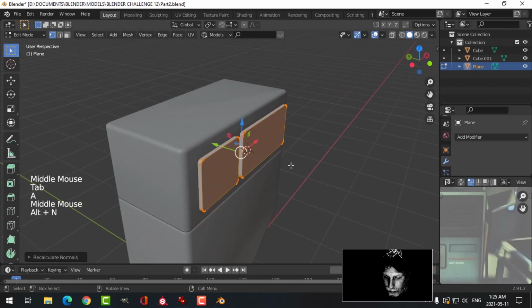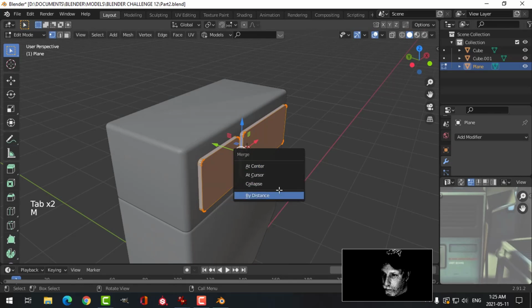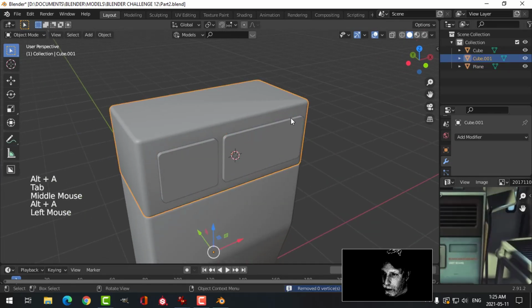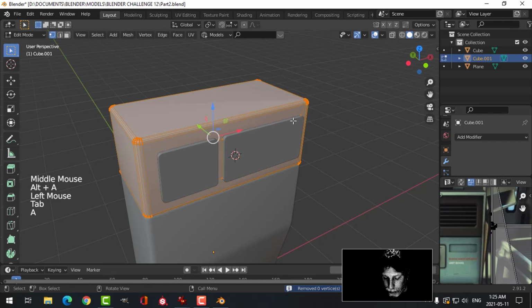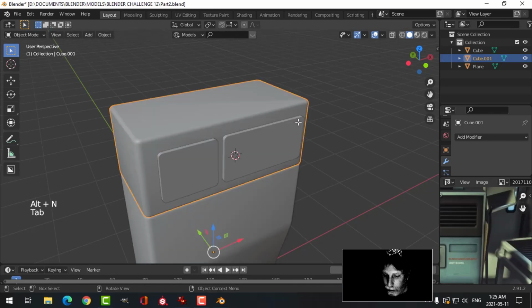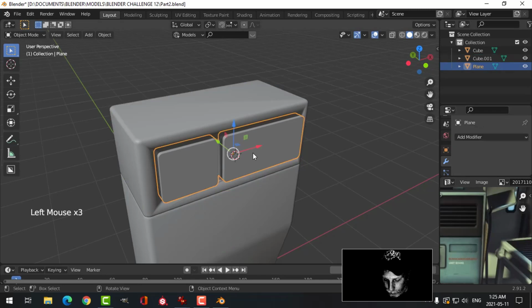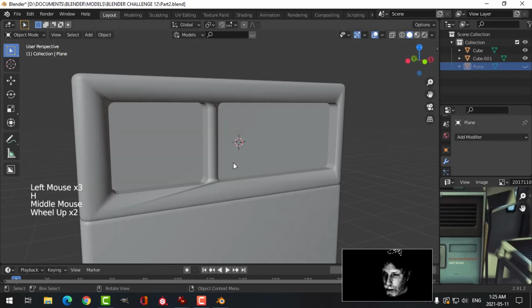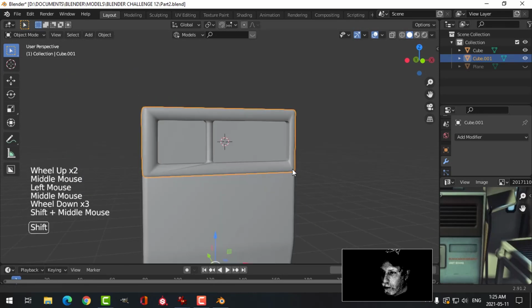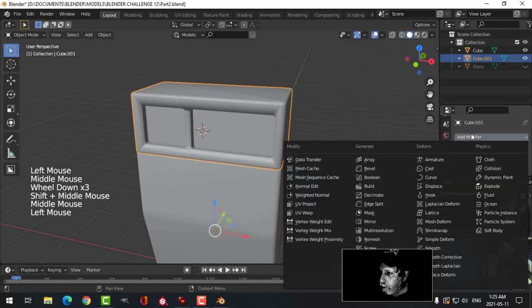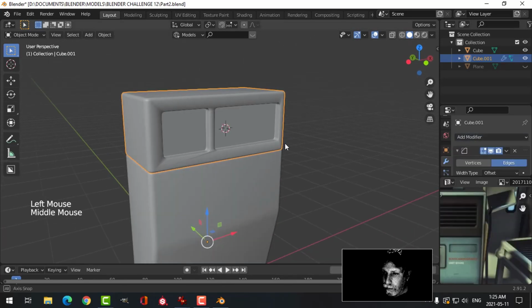I'm going to recalculate outside and merge by distance in case. This guy, I'm going to make sure I recalculate outside and try that again. Boolean difference with respect to these guys, and apply and hide them. Okay, now what I'm going to do here is I'm going to try adding a bevel first of all,